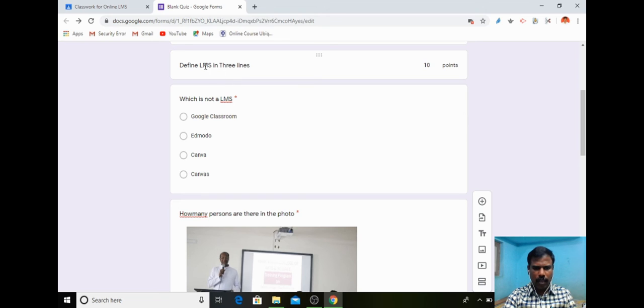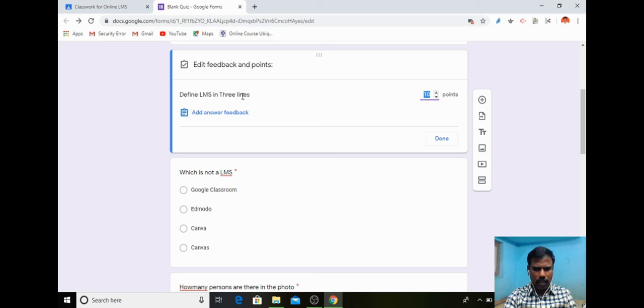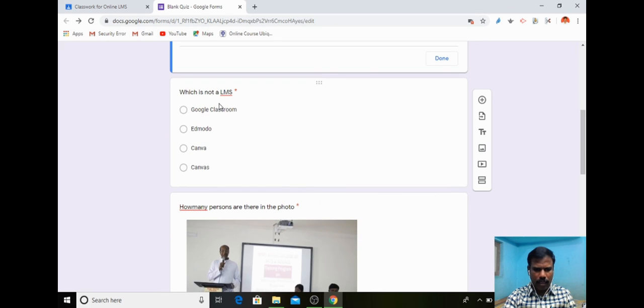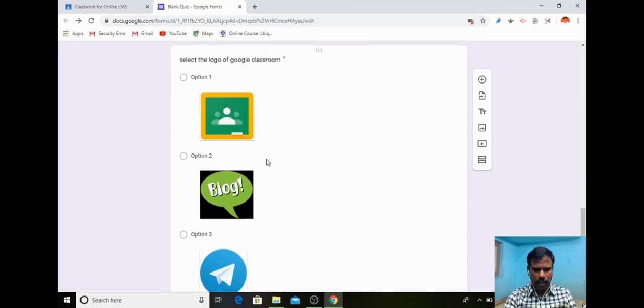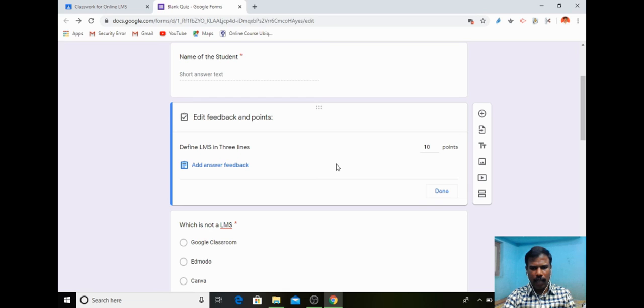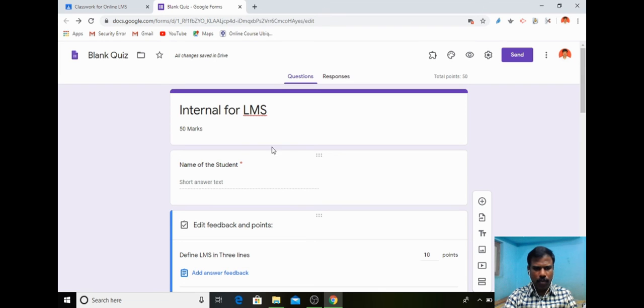For example, define LMS in 3 lines. So here edit the feedback points, and after making it the objective type questions. So like that we can mix both objective and descriptive type questions in a blank quiz.